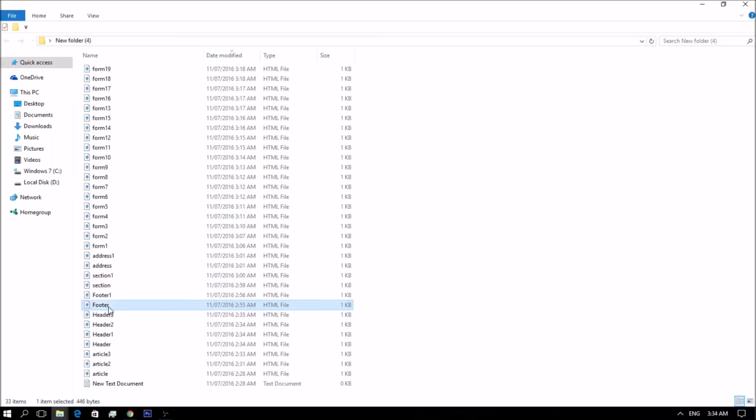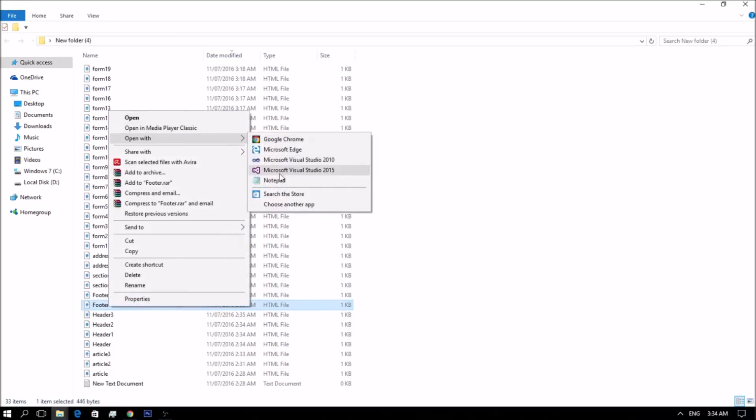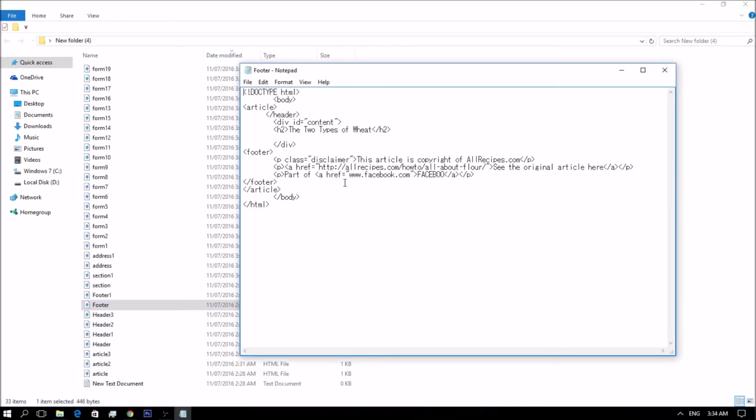So let's now proceed to the footer element. You are probably used to seeing footers on websites all the time. They usually contain copyright stuff, a few selected navigational links, and maybe contact information. Just like the header element, the footer element does not introduce a new section in your document, but is the last part of that specific section, whether it be an article section or some other section.